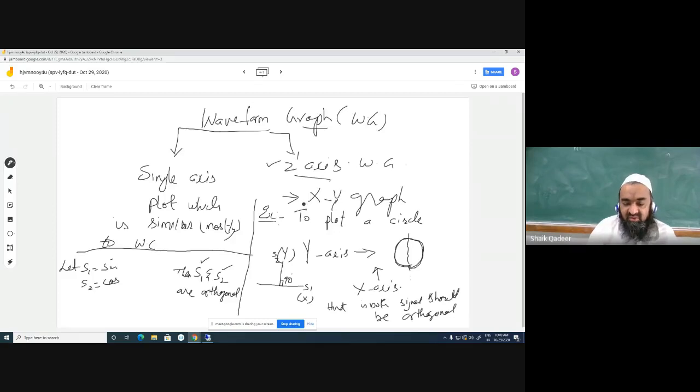In order to cover this type of example, we need to have two signals which are orthogonal to each other. I have given an explanation about orthogonality. I told you that in time representation, orthogonal signals look like this: x-axis horizontal representation, y-axis vertical representation. If their phase difference is exactly 90°, we call them orthogonal.